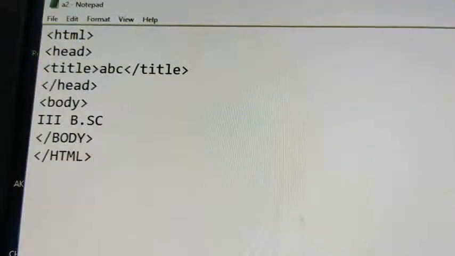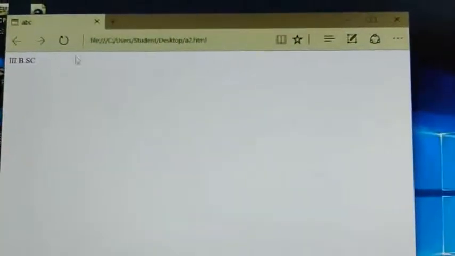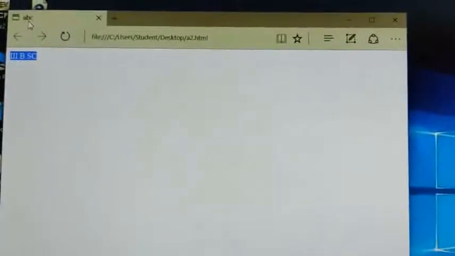Now come to the desktop. Here you can see the file name a2.html. Double click on that file. This is the browser page. Here, Third BSc is your body section content, and this ABC is the title.